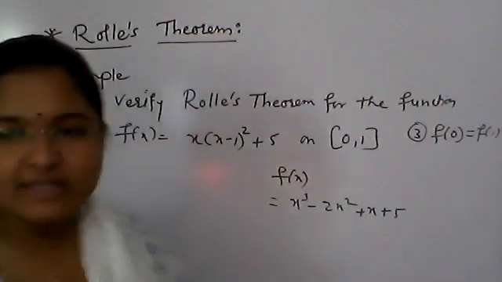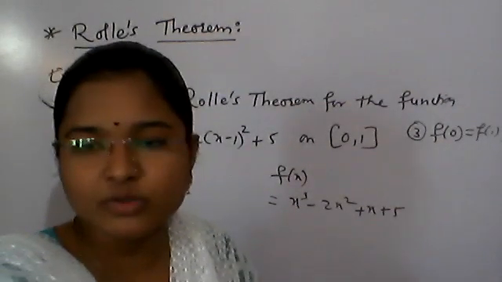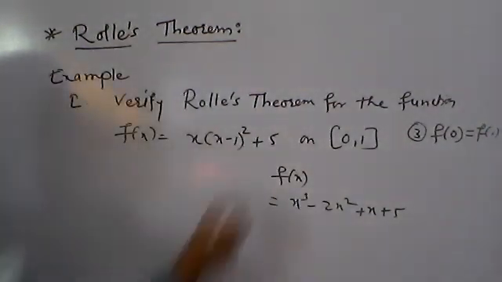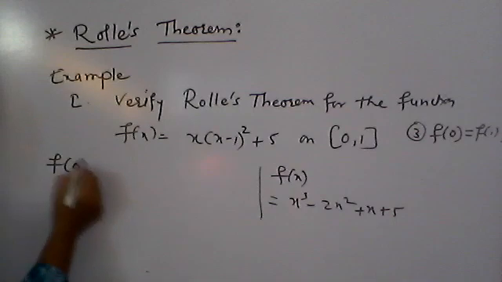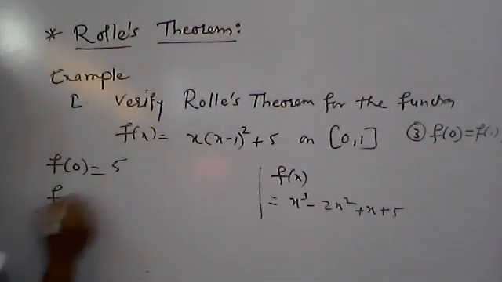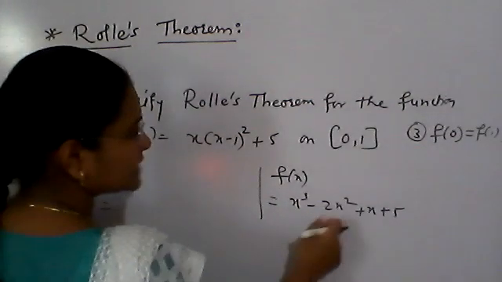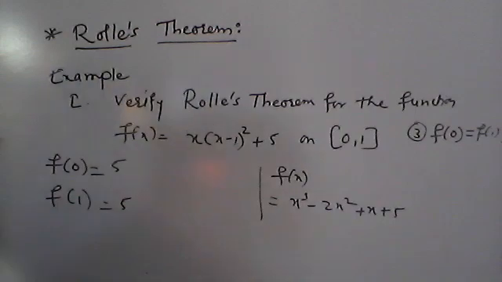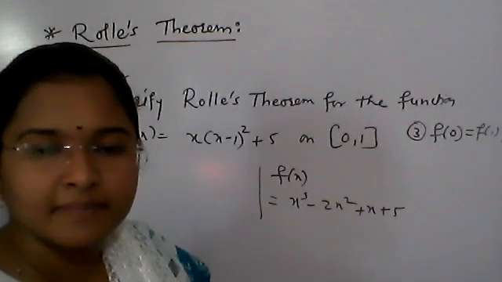Am I talking to myself only? Yes. Ashutosh, Utkarsh, both are there, no? Yes, ma'am. Okay. What is f of 0? 0, 0, 0, 5. है ना? f of 1, 1 minus 2 plus 1 is 0. Ma'am, we got that in the first step, like substitute in f of x.